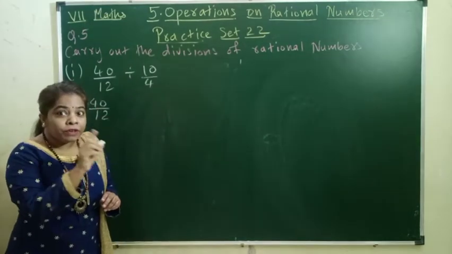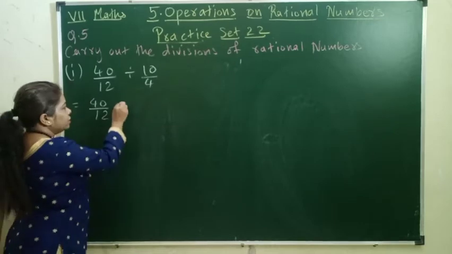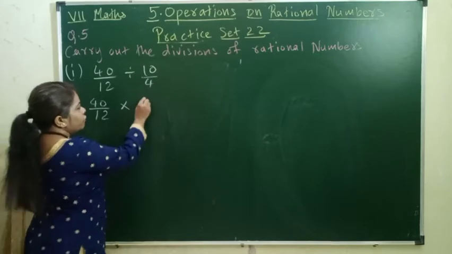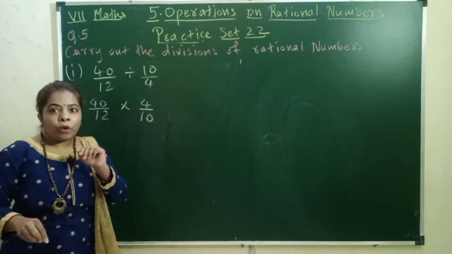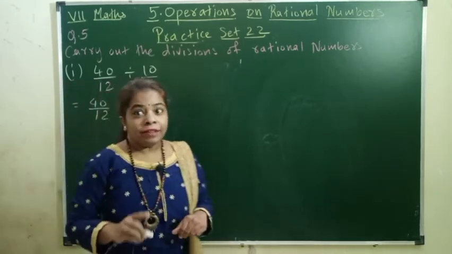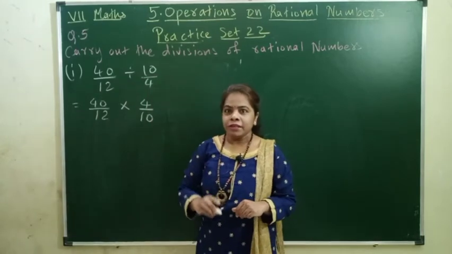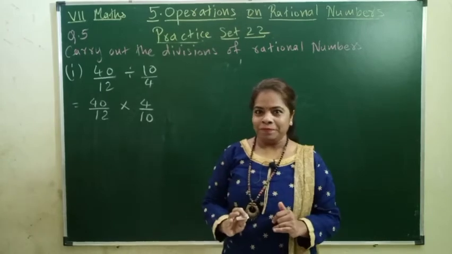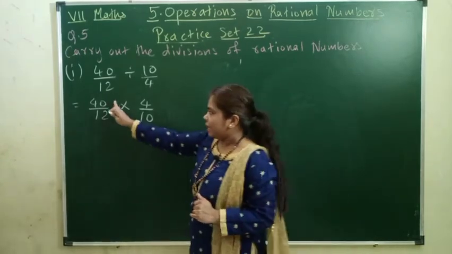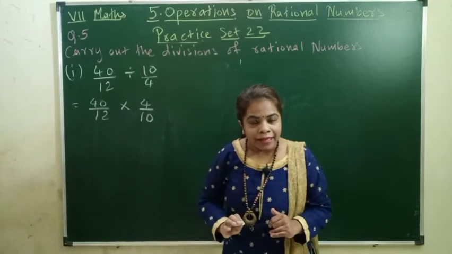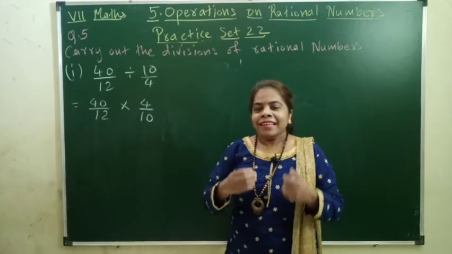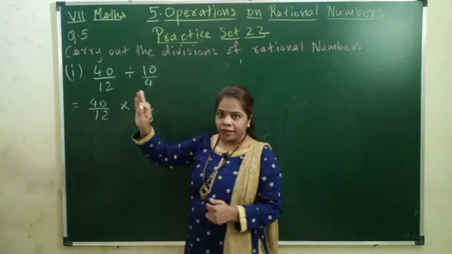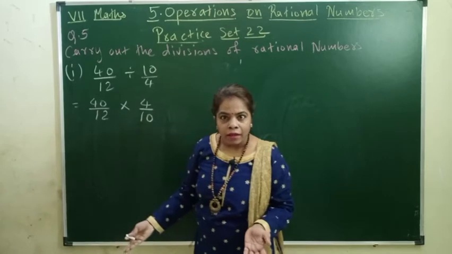We'll take the opposite of division, multiplication. Into this also we will reverse 4 upon 10. Now children, we have to observe the fractions and solve the sum in our normal multiplication form. Now see, 40 and 12. Are they coming in any common table? Yes, they are coming in the common table of 4. 4 tens are 40. And 4 threes are 12.